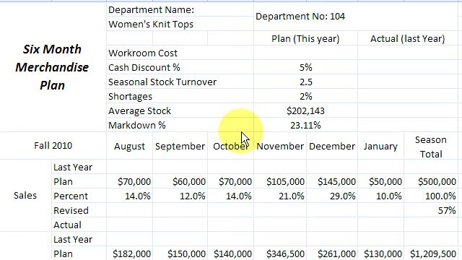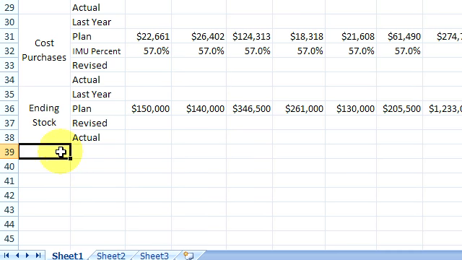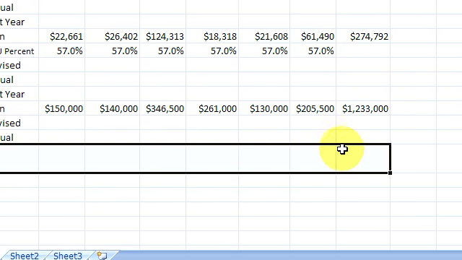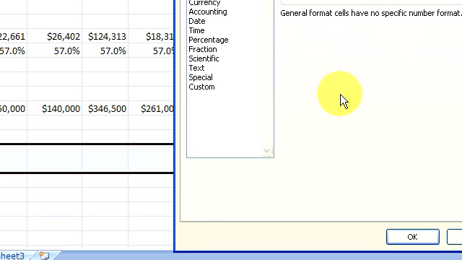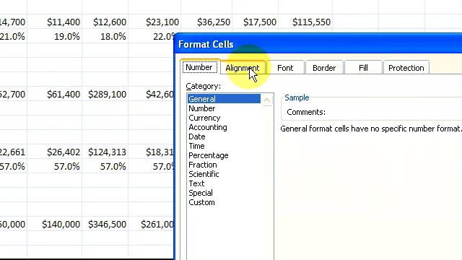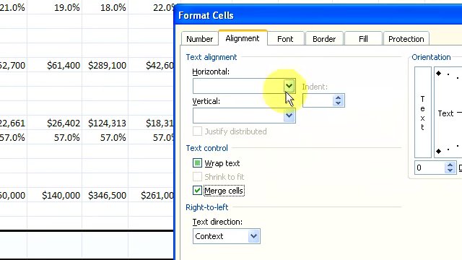We're going to finalize our plan by putting in grid lines, by finishing the bottom of the plan, and we start the bottom of the plan by typing in comments below ending stock, and then merging this all the way across the bottom of our plan, and we can do that by right-clicking the mouse, going to Format Cells and Alignment, and clicking on Merge Cells, making sure that we are left justifying